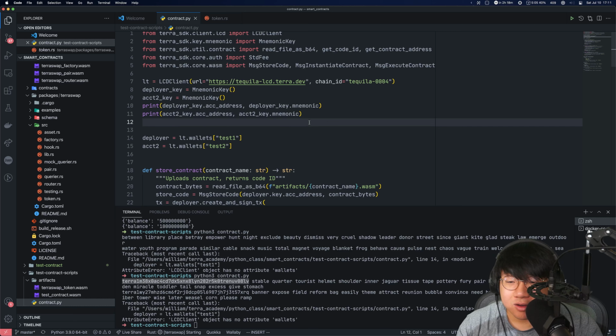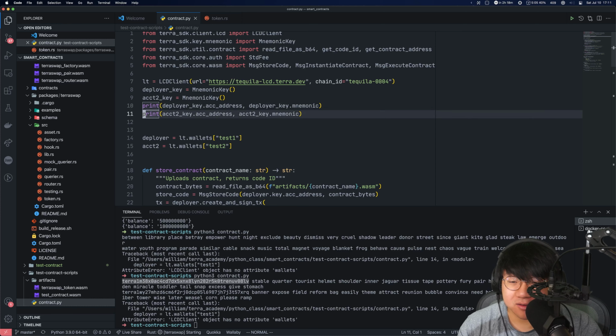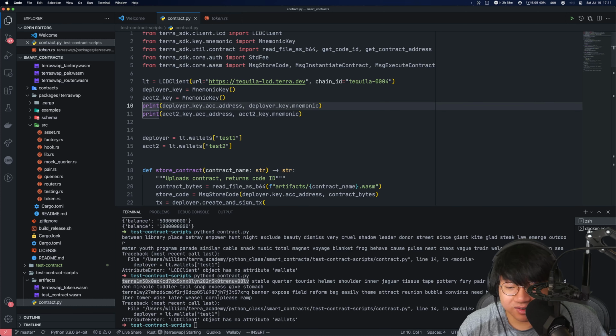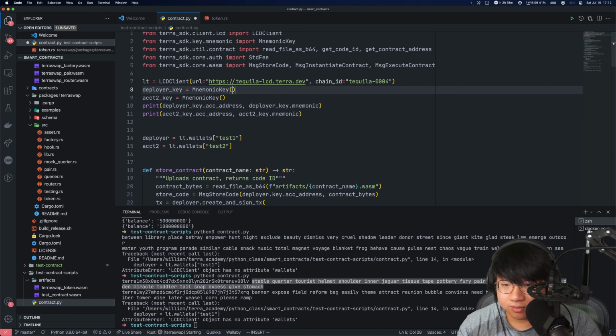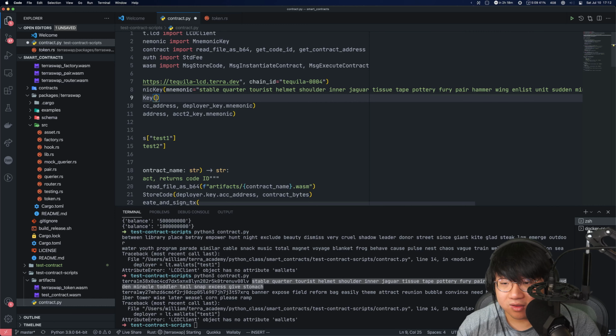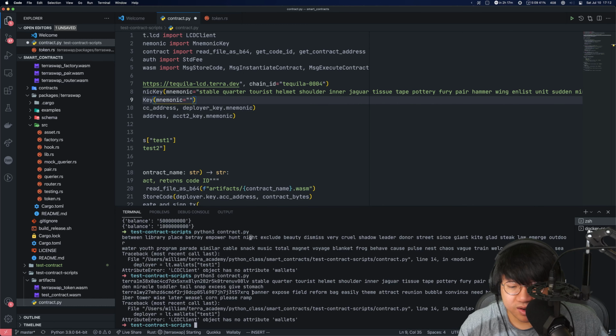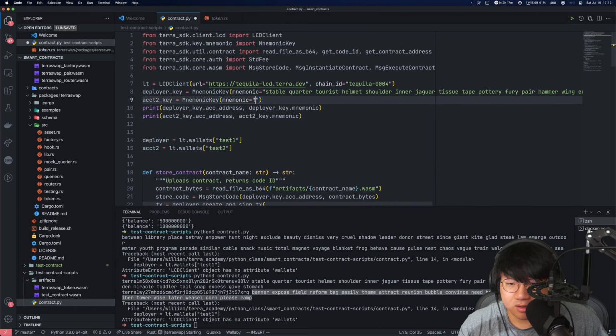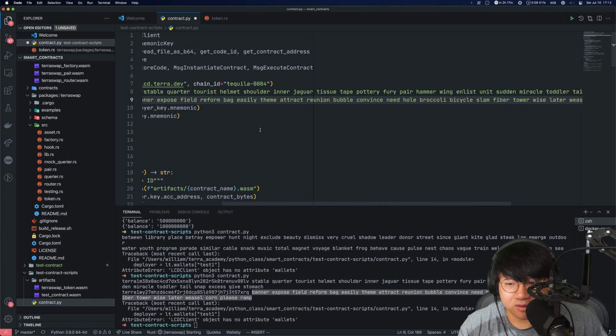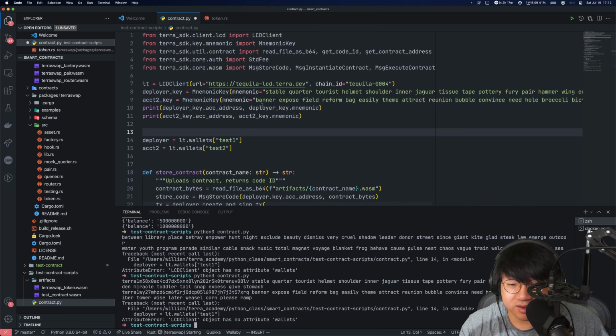All right. So we have money now, and we have the mnemonic. I can just tell this to load from this mnemonic. Okay, and use this mnemonic as well, right here. Okay, we have both mnemonics.